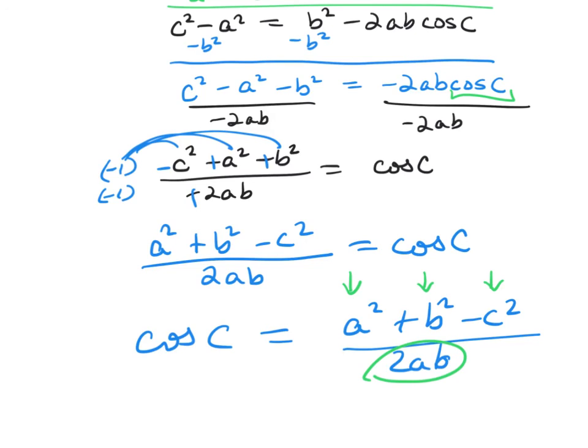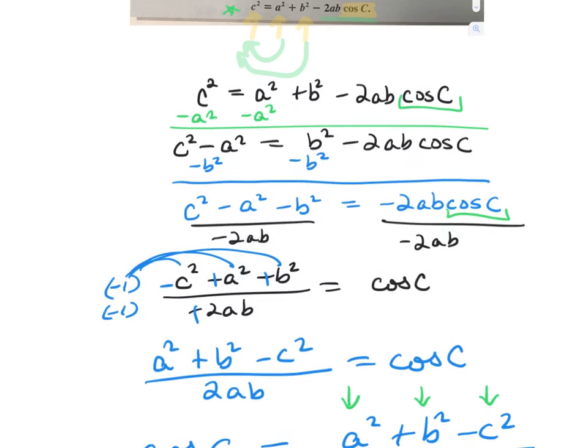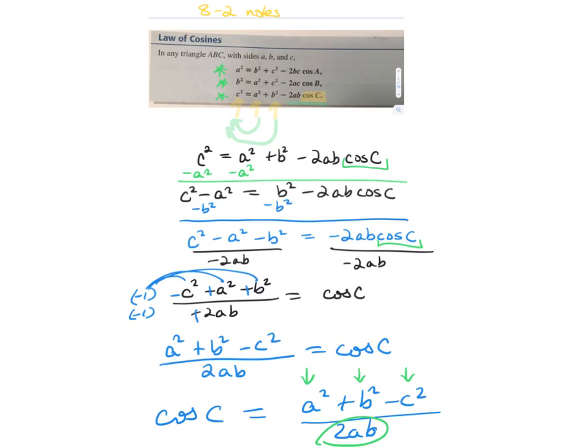Otherwise, you'll have to do it step by step, how I did it when I taught the lesson. So if you want to rearrange all 3 of these ahead of time and say solve for cosine A, cosine B, and what cosine C equals, then it might be a little bit easier to do in your calculator. But it's up to you. Then the other thing that I just added was a picture of